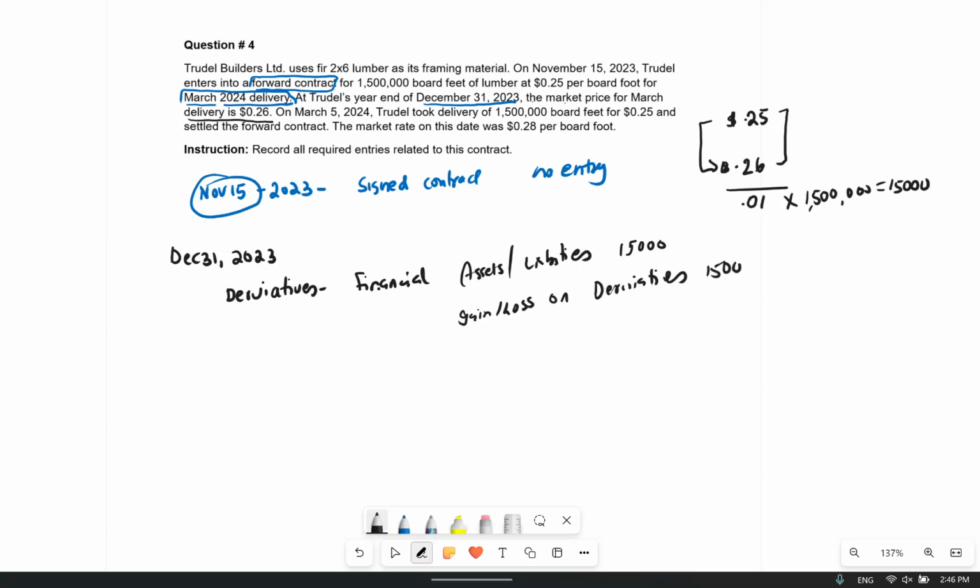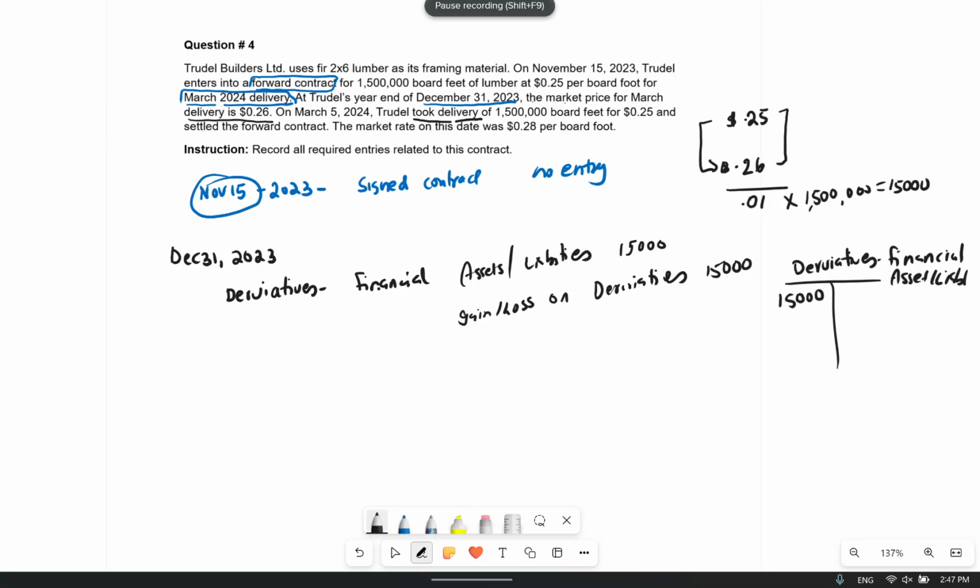That's your $15,000. So going further, now we know that we had to post this entry. So we have a derivatives financial assets/liabilities, and that is my debit of $15,000. So going further, what we did is we took delivery of 15,000 boards for $25 and settled